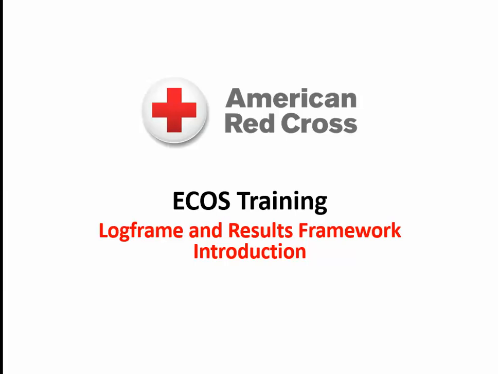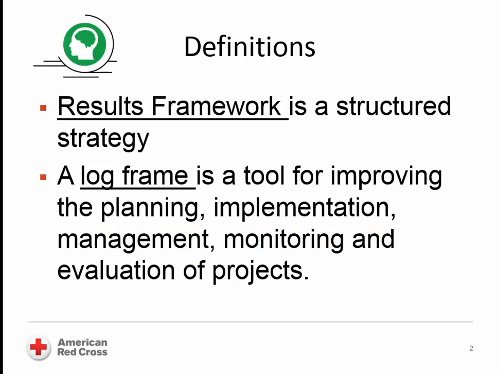In this video, we'll cover key concepts about the Logframe and the Results Framework and how they relate to each other inside of ECOS. As a quick review, a results framework is a structured strategy used by operating units to measure how they're achieving their goals. In IRP, it refers to the goals, objectives, outcomes, outputs, and indicators we are tracking at a global level. It also includes indicators from outside of IRP, such as the federation-wide reporting that we need to be utilizing for